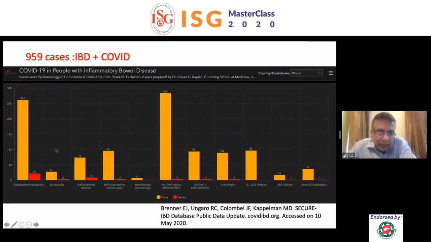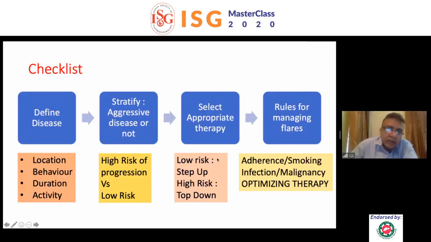Overall, what it tells us is that regardless of therapy, patients have developed COVID, but the case fatality rate has been 3 to 4%. Maybe it has not been substantially more. So it tells us that patients with IBD are not much more prone to COVID, although we have to maintain all kinds of precautions, particularly in patients who are on immunosuppressants. But at the same time, you can give all kinds of therapy. It's only if you are going to give high-dose steroids that one has to be very careful. You may give low-dose steroids, but otherwise it seems that every kind of therapy can be given.